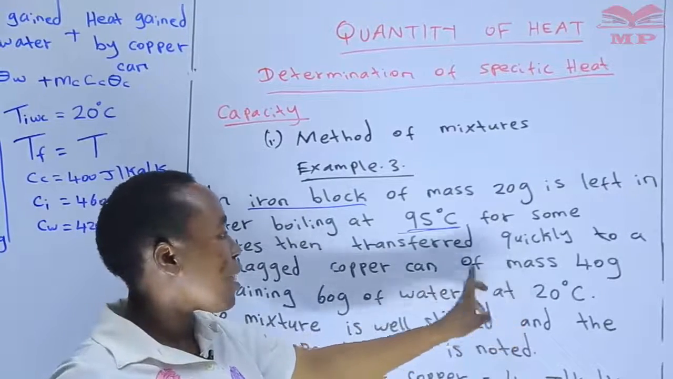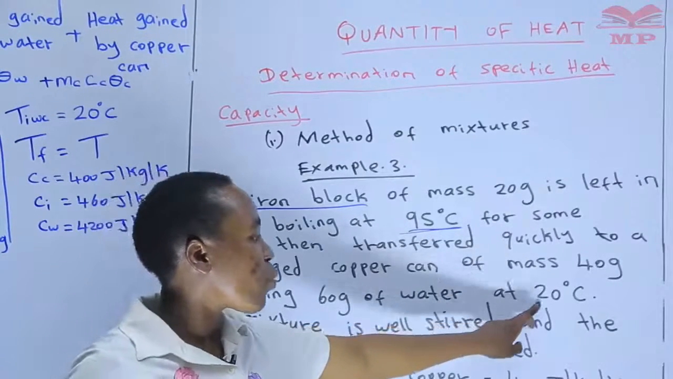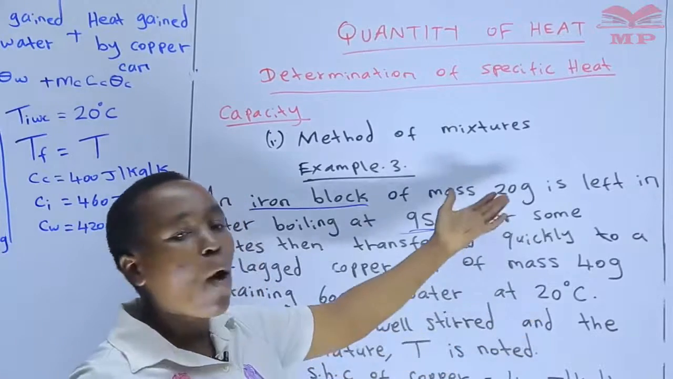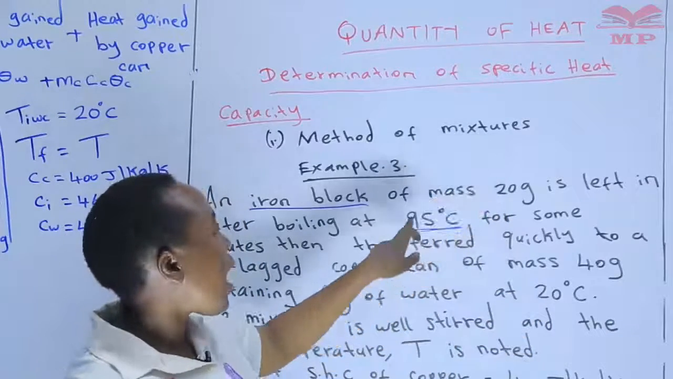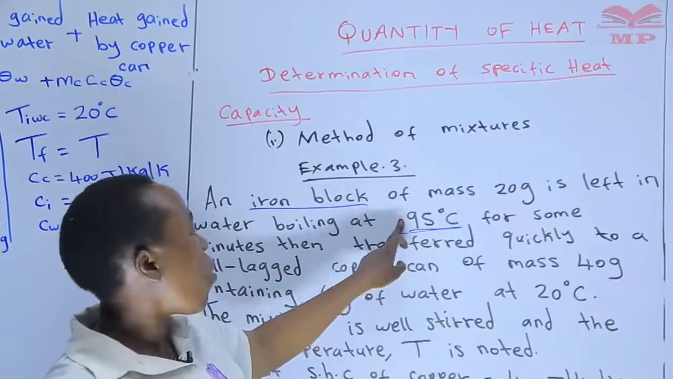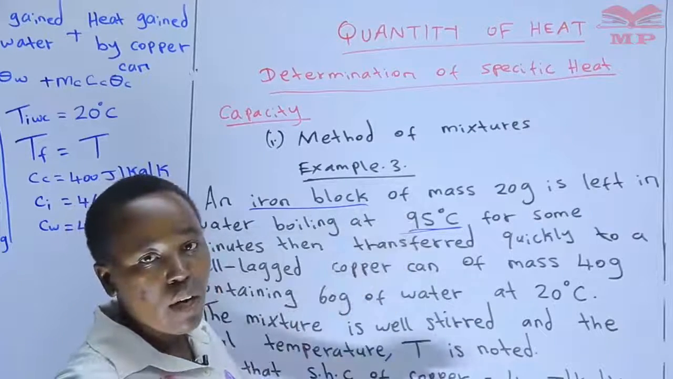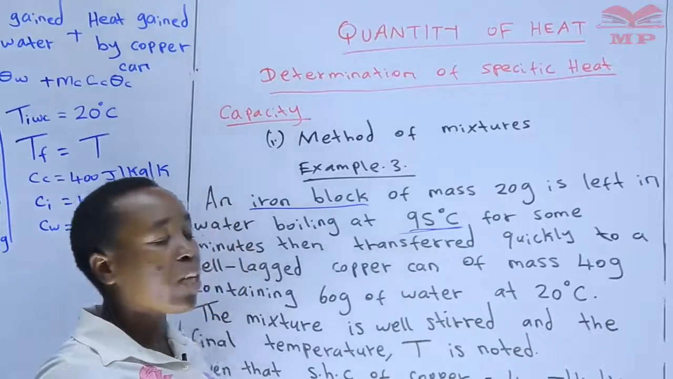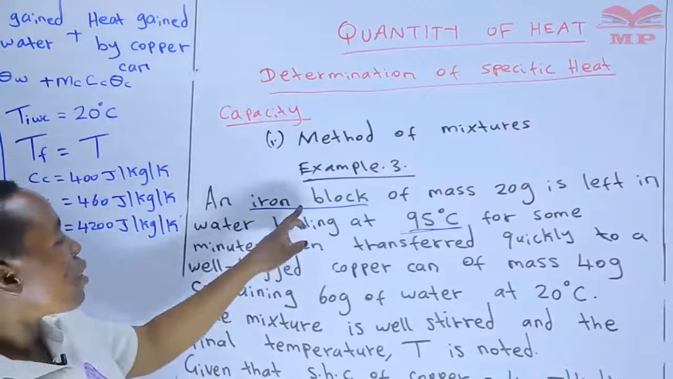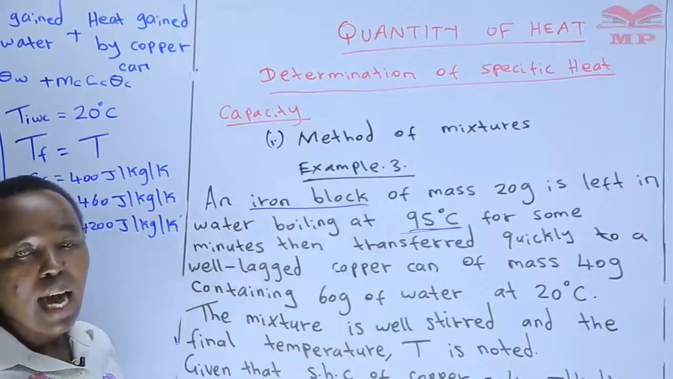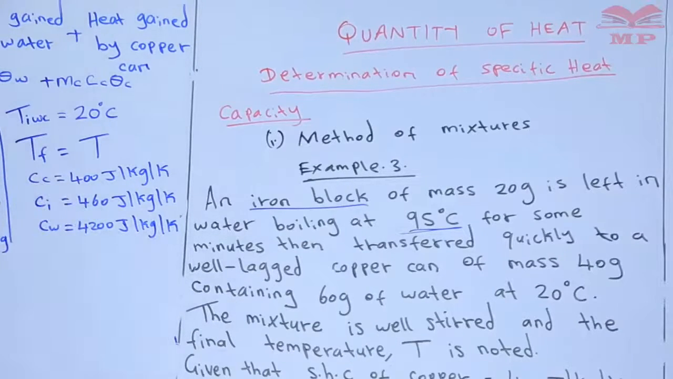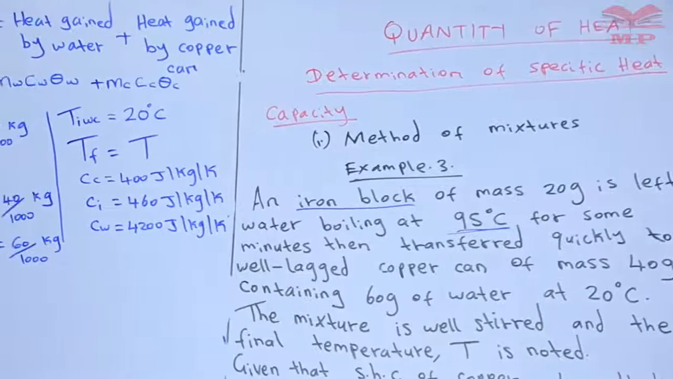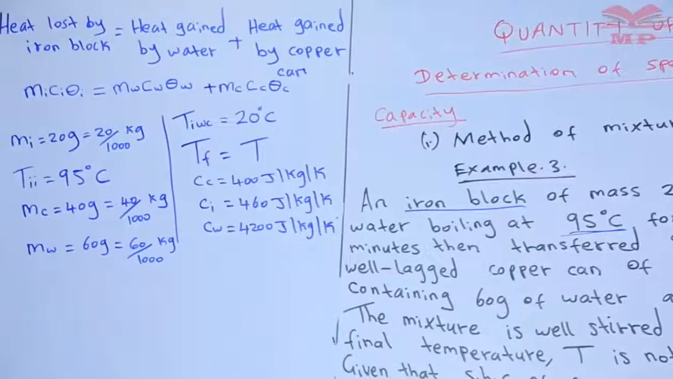So we expect that when it is transferred, this 20 degrees Celsius will now increase. And the temperature of the block will go down so that they can meet at a certain constant temperature, when the iron transfers heat to the water and the can. So from that, before we get to our calculations, we can therefore say